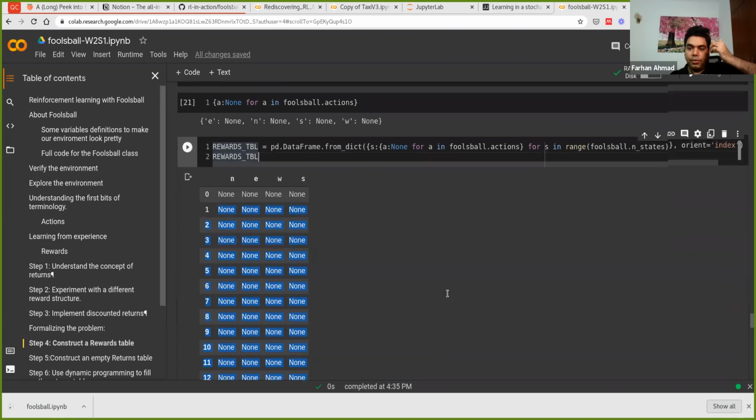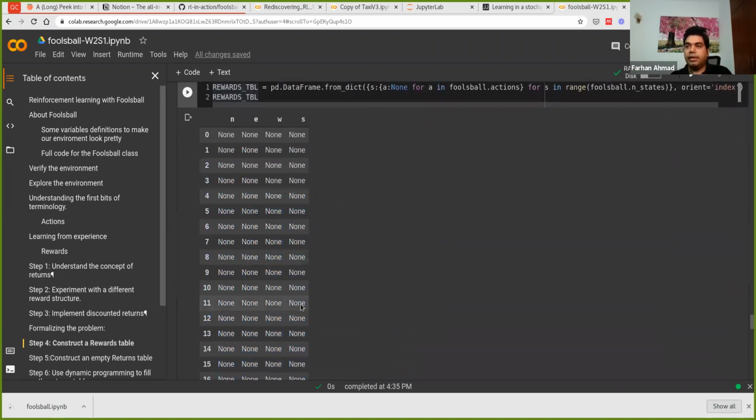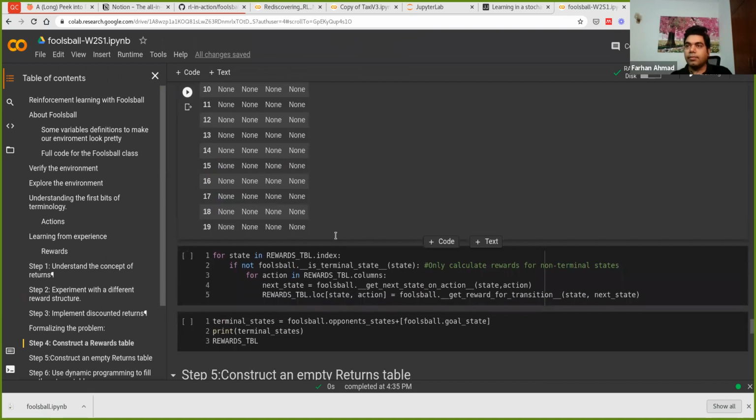And so just make sure you're able to run and understand this code. But this is creating an empty table. We are calling it the rewards table. And then there is a little bit of code over here. So this code goes over, I'll try to show you what is